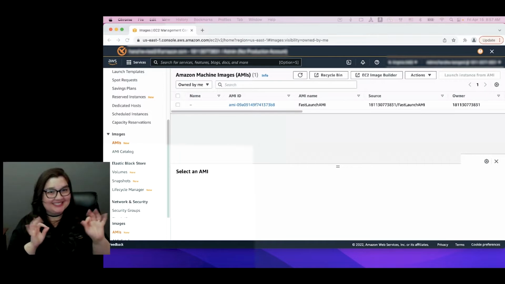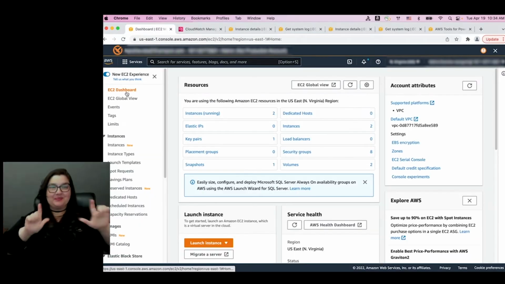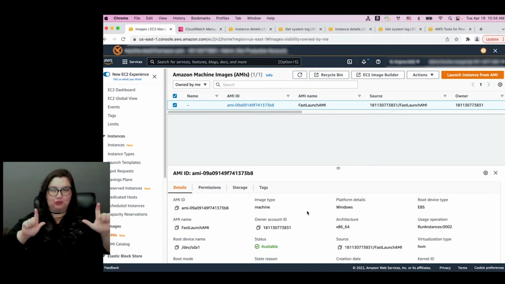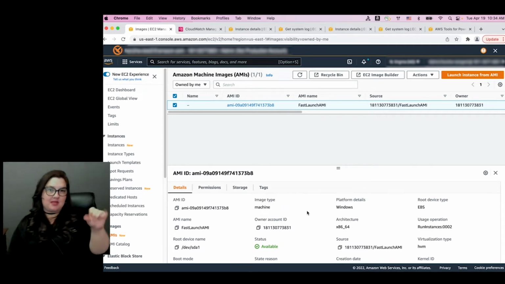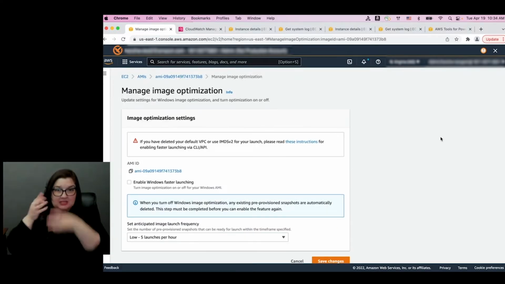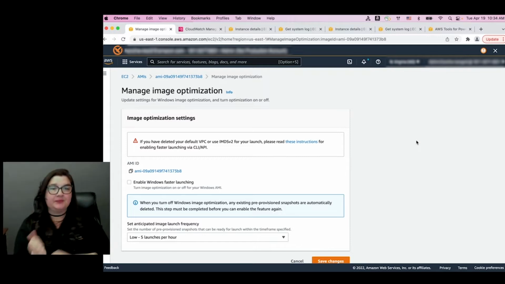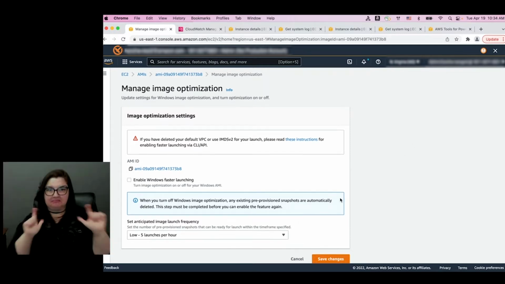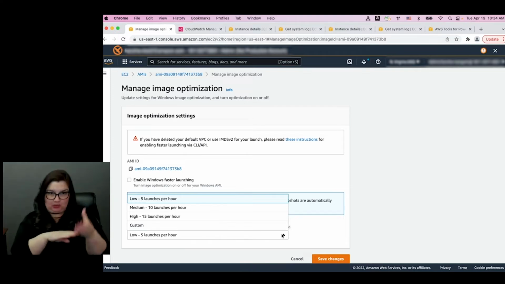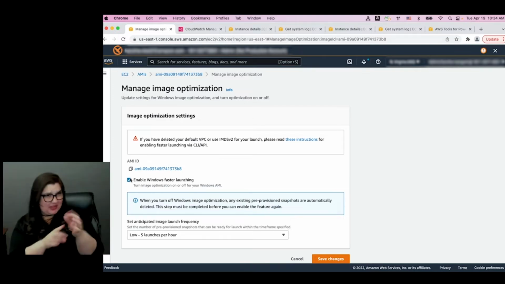So what we have here is, we're in the EC2 console, and he's within the AMI management page, and then he's going to go up to where you manage the AMIs, where you can turn on your settings for managed optimizations. When you go into the screen, everything by default is set up. So you could just click on that you want the image to be optimized. And that's the only option I have to set. It's the only one you have to set.